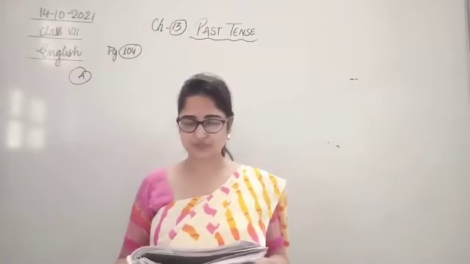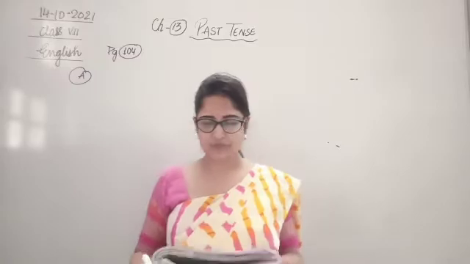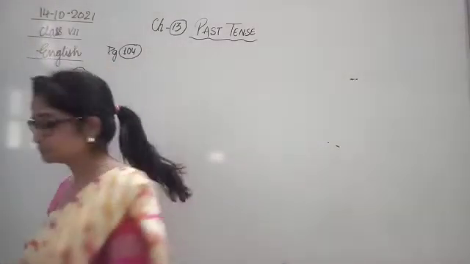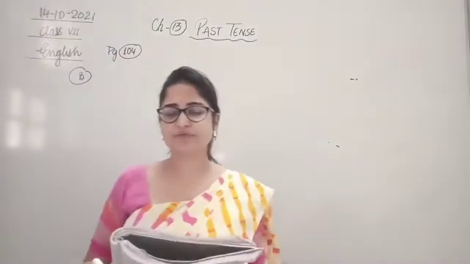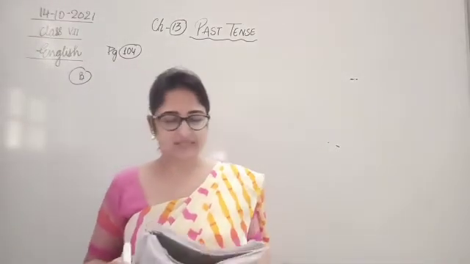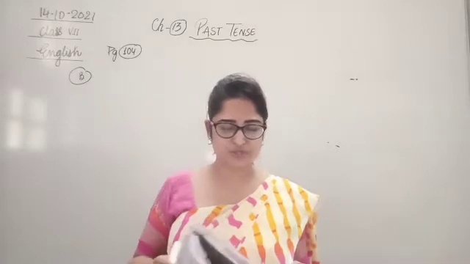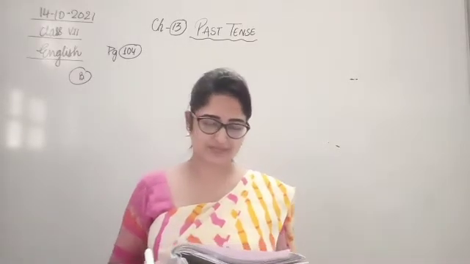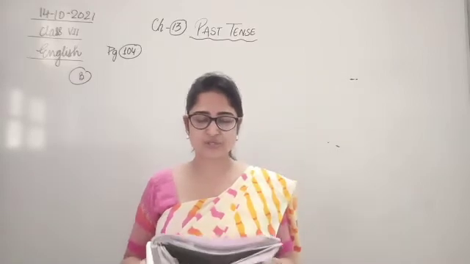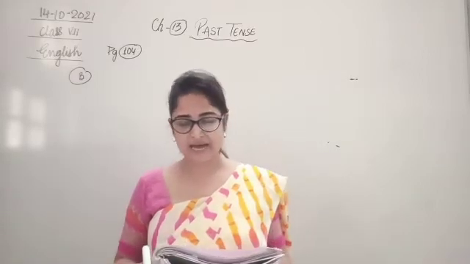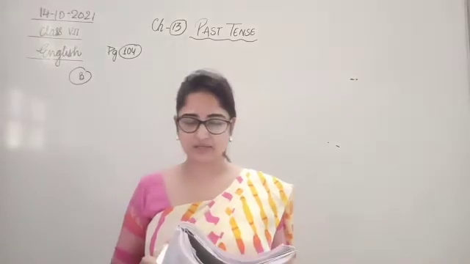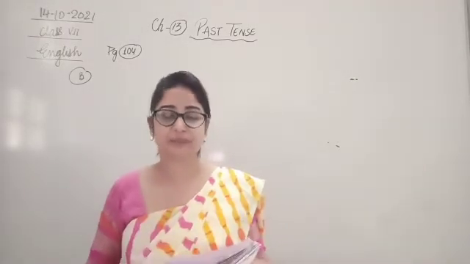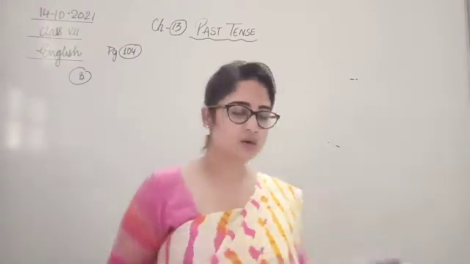Now we can continue with exercise B. No major changes, exercise B can be done now. Fill in the blanks with appropriate forms of verbs given in the brackets. The tense form is mentioned with each sentence. Note that the sentences form an interesting sequence. Now, there dash a beautiful shrine, that dash beside the hill. In the first one, the verb is there. We have to change it into simple past tense. So, there was.